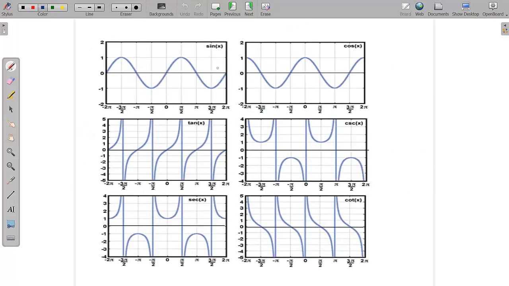So let's see the graph of the functions. Let's see what sine x is. If you see the value of sine, what we saw is from 0 to 90 degrees, sine starts from 0 degrees. So sine 0 is 0, and the value goes from sine 0 equals 0 to a maximum of 1. So sine actually varies between 1 and minus 1, and similarly, cos also varies from 1 to minus 1.